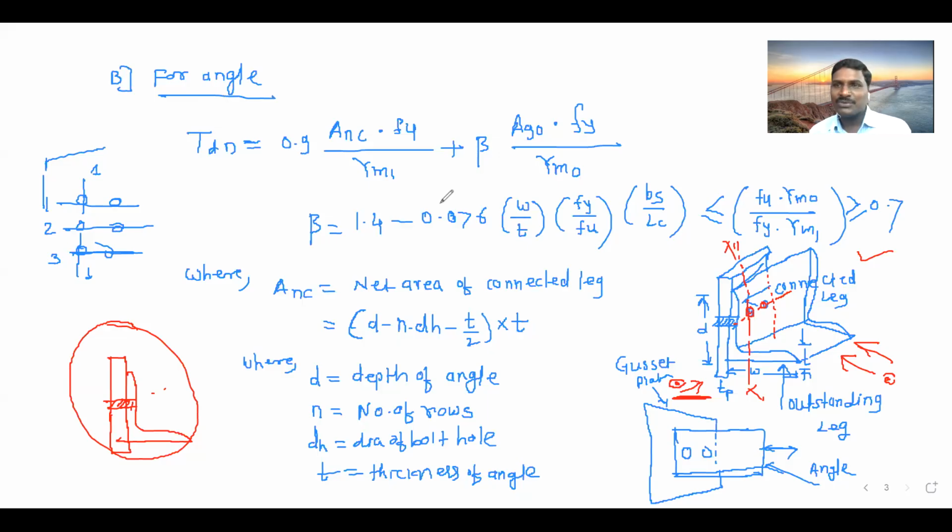Because if we discuss this a lot, your confusion will be there. So this section we are taking for one line, and in one line how many rows are cut? The number of rows is n.